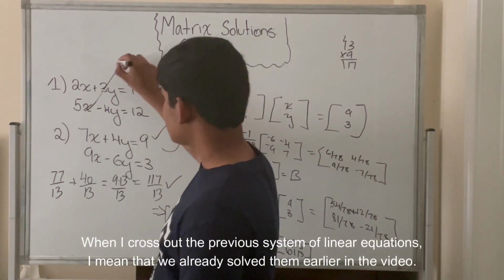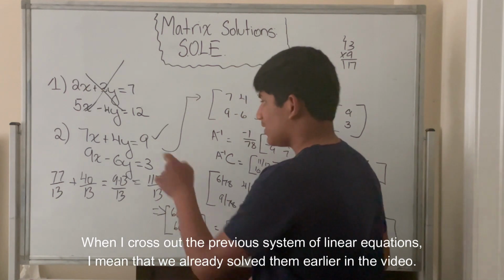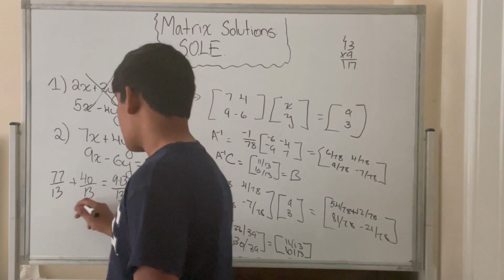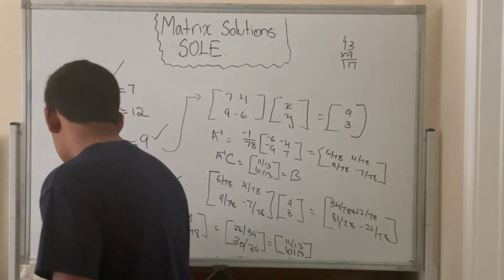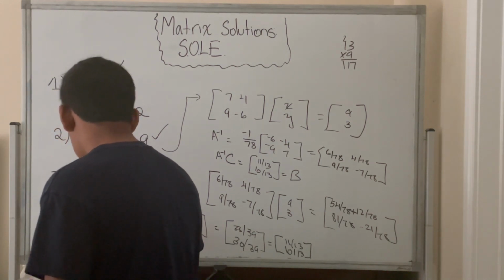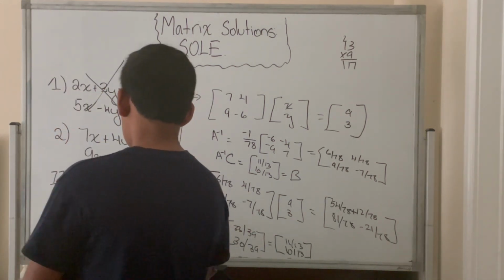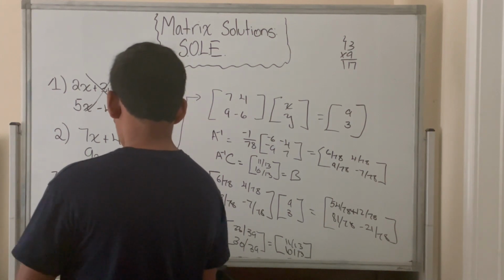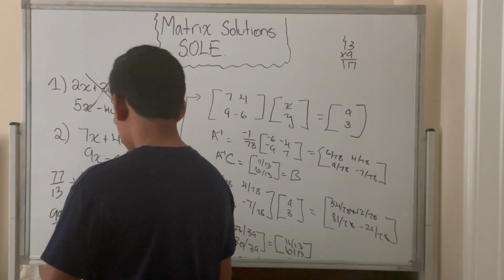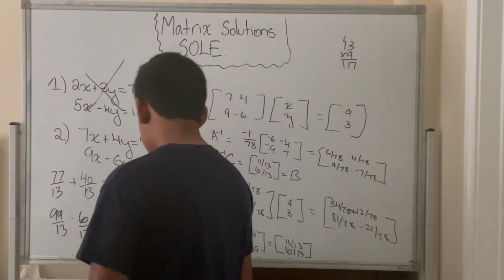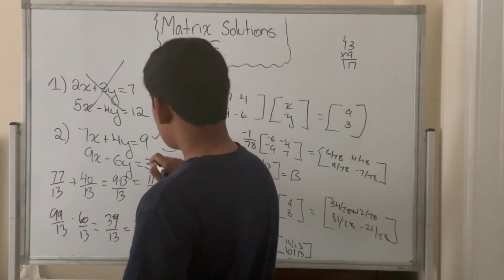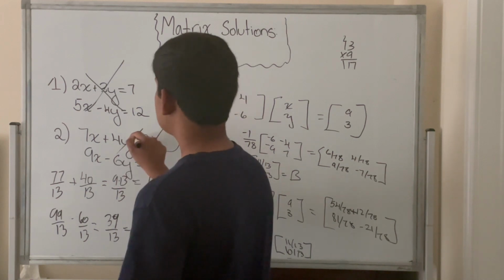By the way, this is also satisfied, so we can X mark it. Second equation, 9x minus 6y is equivalent to 3. Well, plugging it in, we have 99 over 13 minus 60 over 13, which is easy to simplify. This is going to be equivalent to 33 over 13, which, well, 39 over 13, actually. 39 over 13 is just going to be equivalent to 3. And so this is also equivalent to this, so therefore we've satisfied this, and we have solved the second system